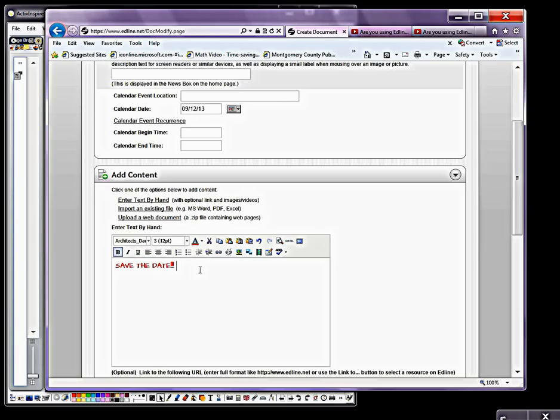And we'll say back to school night will be held on September 12th. And just to change some things up, we could go ahead and change the color to that. We'll just go ahead and change it to blue. Why not? Okay, so save the date. Back to school night will be held on September 12th. We'll just